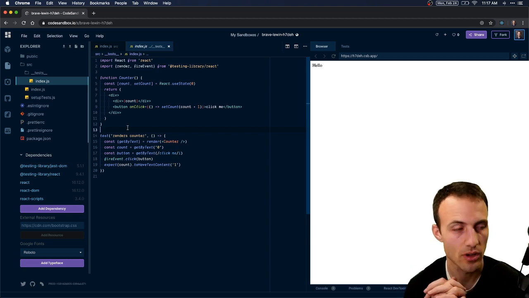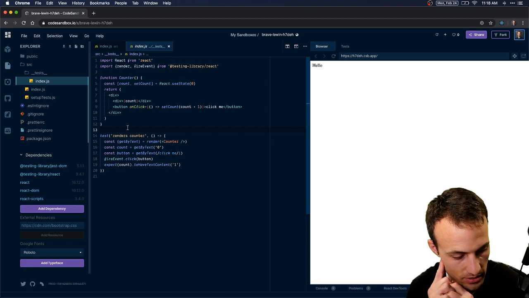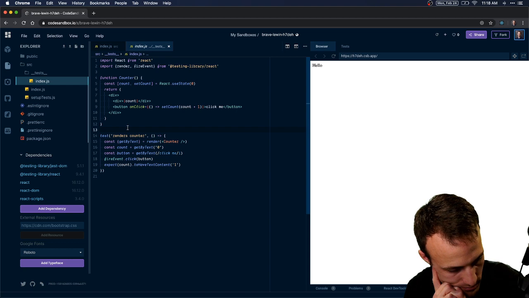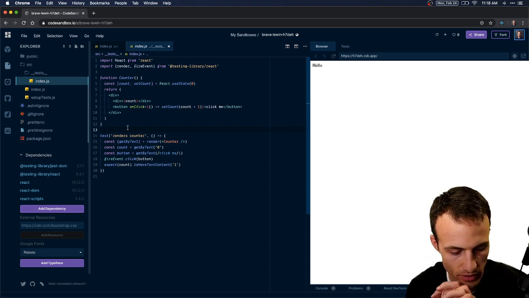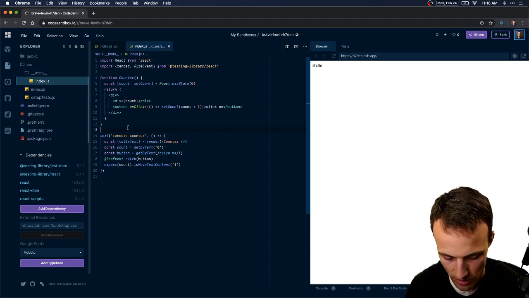We need to have an example of a component where you think you're testing the right thing, but you're not. What if we do actually not even a component? We could do a utility function, which is a simple utility that